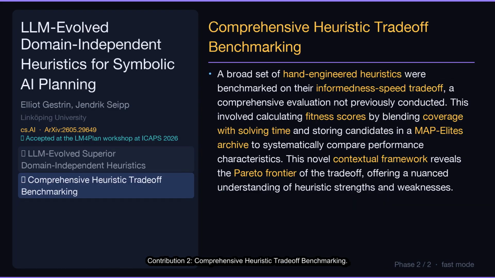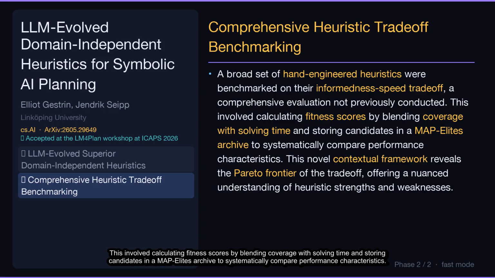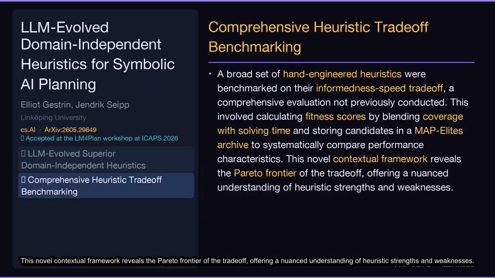Contribution 2. Comprehensive Heuristic Trade-off Benchmarking. A broad set of hand-engineered heuristics were benchmarked on their informedness speed trade-off, a comprehensive evaluation not previously conducted. This involved calculating fitness scores by blending coverage with solving time and storing candidates in a map-elites archive to systematically compare performance characteristics. This novel contextual framework reveals the Pareto frontier of the trade-off, offering a nuanced understanding of heuristic